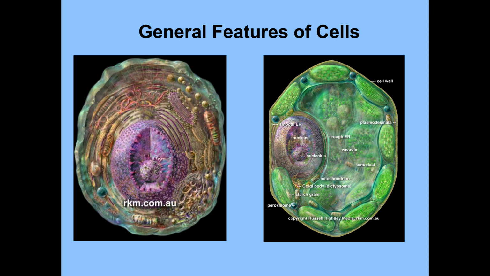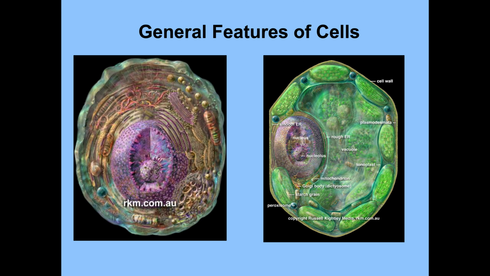To Chapter 4 and General Features of Cells. This is a pretty long chapter and there's quite a bit of information, so I'm going to break it up into two sections, and this is part 1. So let's just get started with some of the beginning stuff, and then we'll move right into the different cells